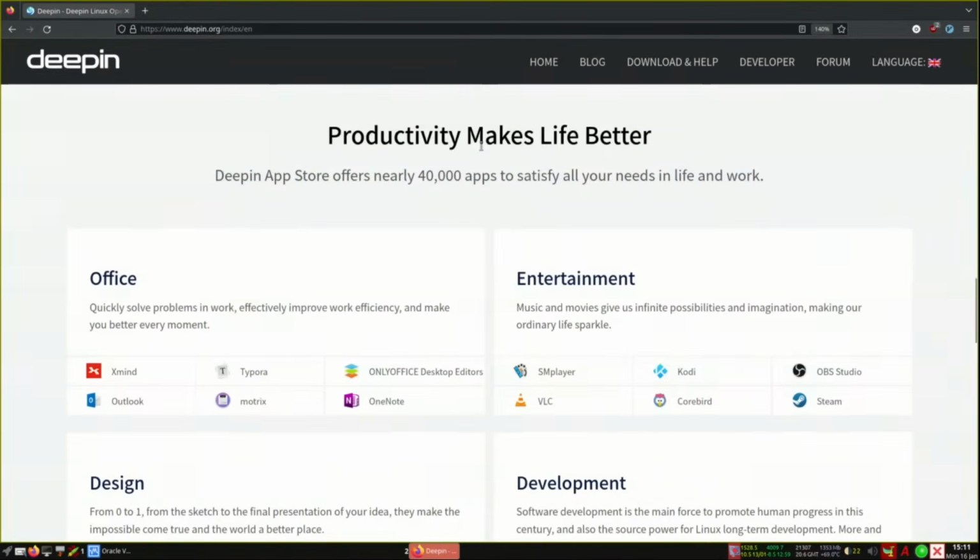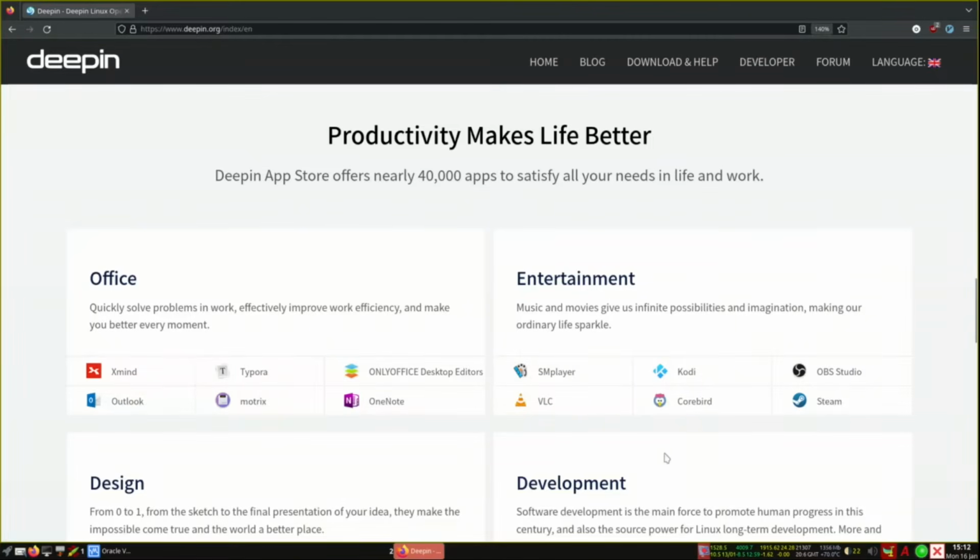As for productivity, they said there is Office, but when I checked, there is no Typora. You cannot install it. Of course, maybe this was old, because Typora before was a demo version. Now you cannot install it. But of course, they have only Office. You can install only Office. Outlook you cannot install because Wine is not installed in Deepin 20.8. And of course, OneNote also is not installed in Deepin 20.8. So maybe they need to update this one.